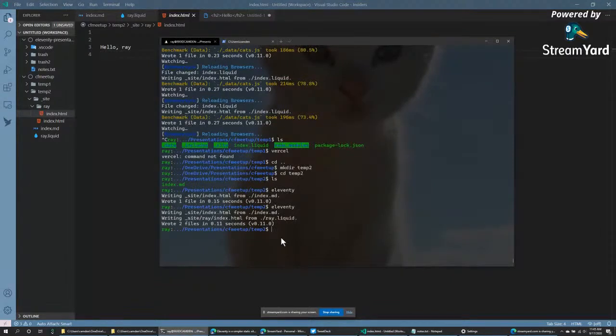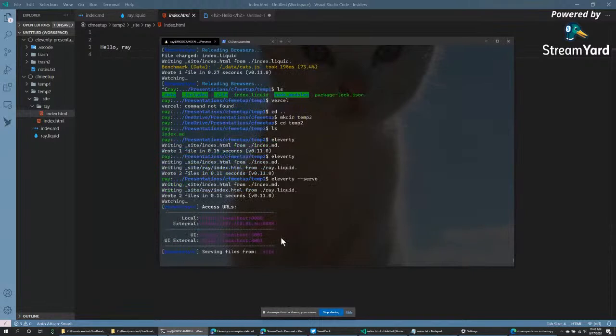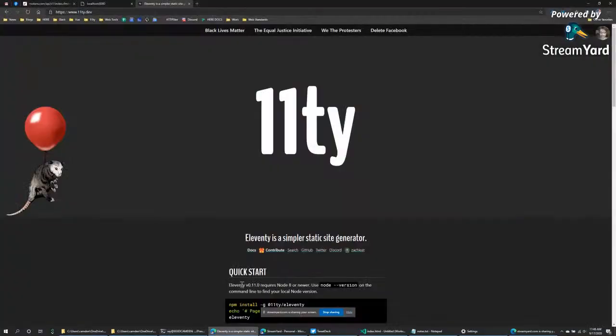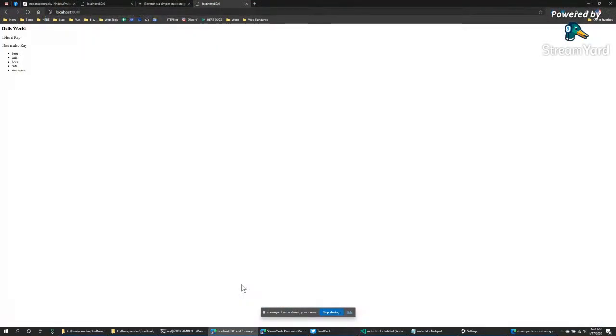Typically, when I'm using 11ty, and pretty much every static site generator supports this, I don't want to keep looking at an output folder. I want to actually fire up a server. And for 11ty, that is 11ty space --serve. And now I can open up my browser and go to localhost 8080 and see my